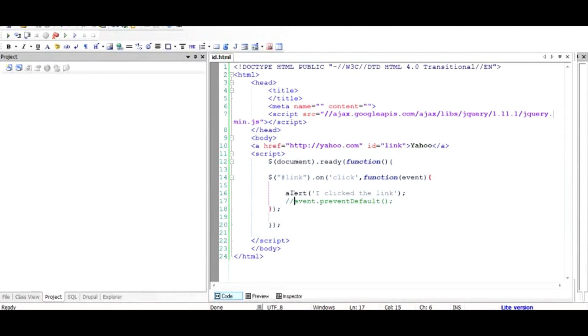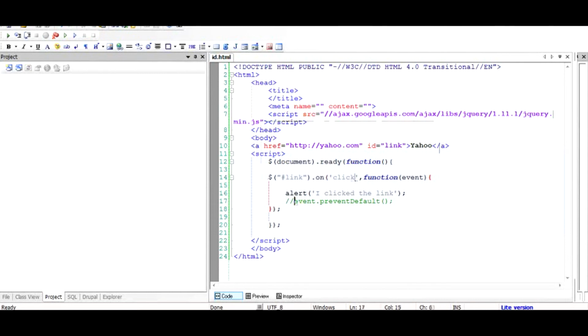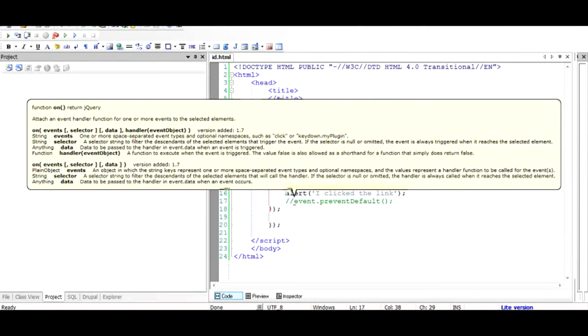So basically what we have done is, when the document is completely loaded, we have attached an event which is fired upon the click of the ID link, which is our hyperlink. We could have used another way to access it, but this was easier to explain, so that's why I used an ID. And upon click on that ID, a function is called where alert is shown. And since we have passed the event parameter, event.preventDefault causes this event to be stopped right there.